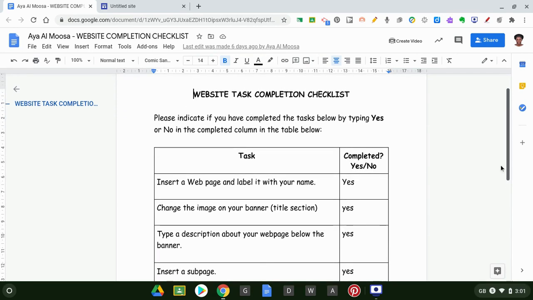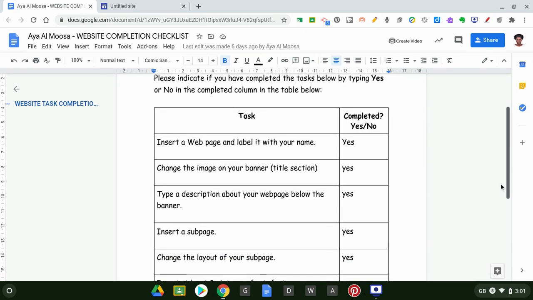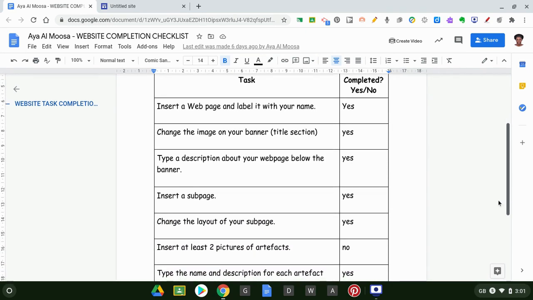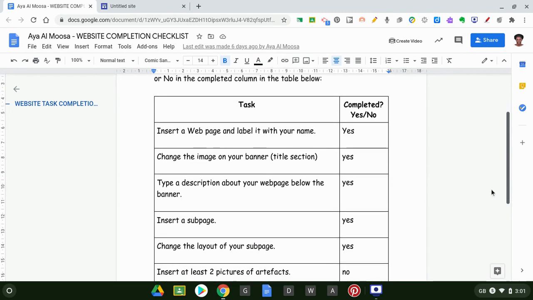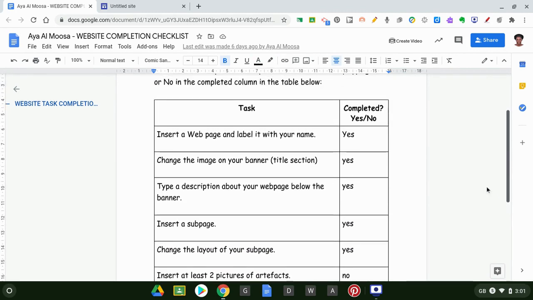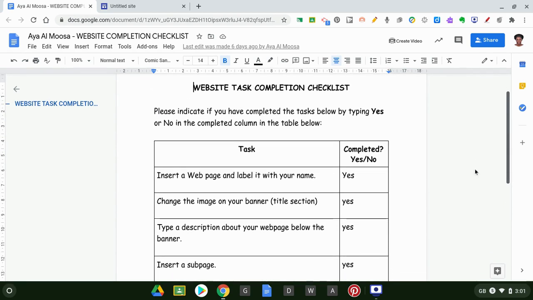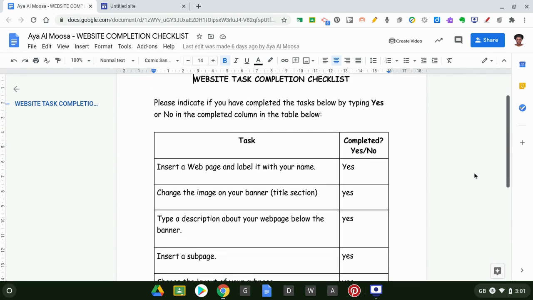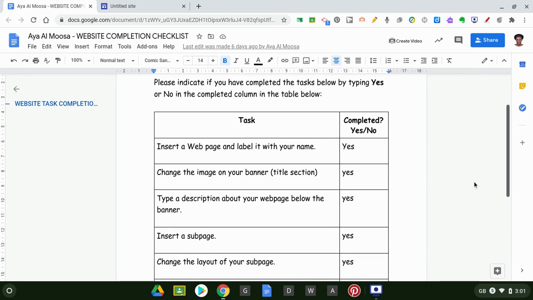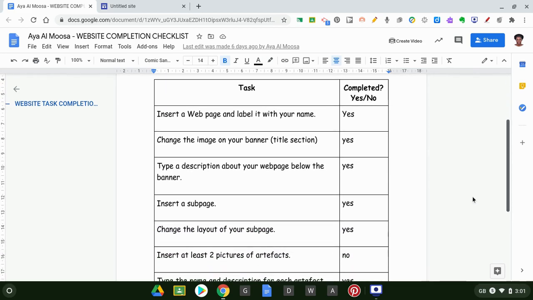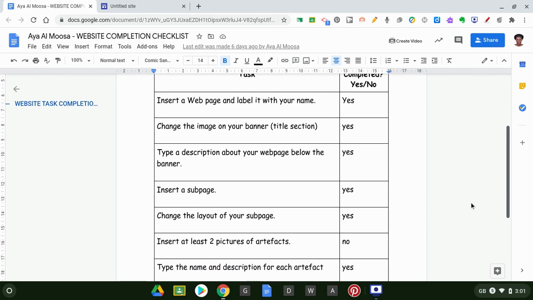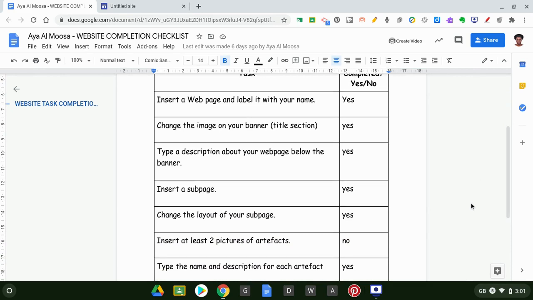Remember, last week I asked you to complete a checklist that shows what you have already done on your web page. Now, on my screen, I have a checklist that belongs to one of the students. If I go through the checklist, the student has completed most of the tasks.